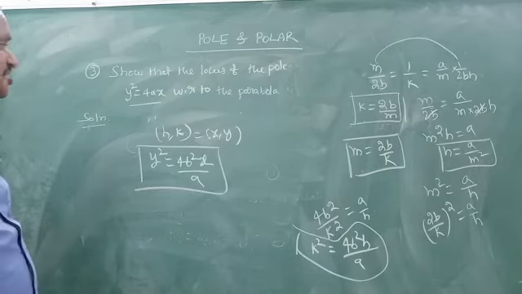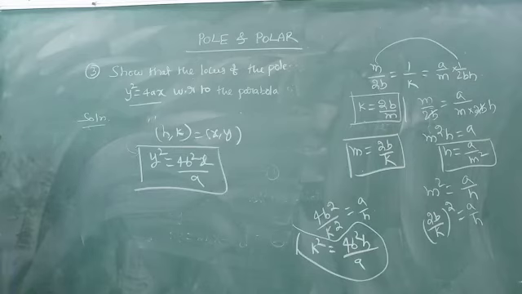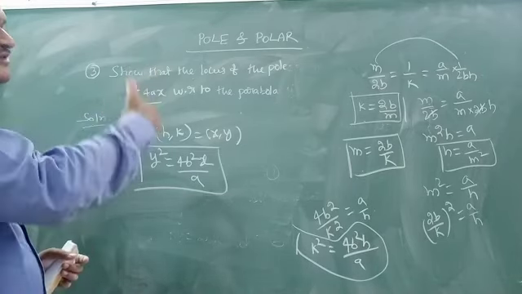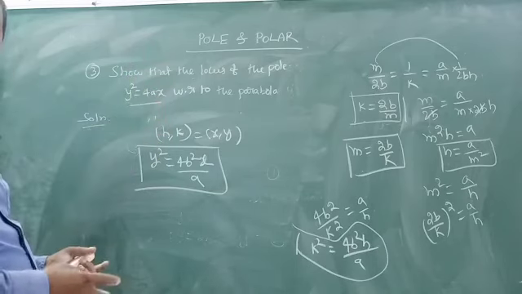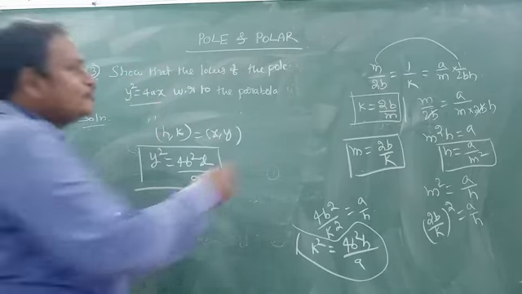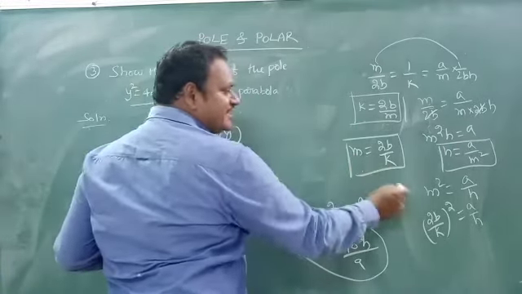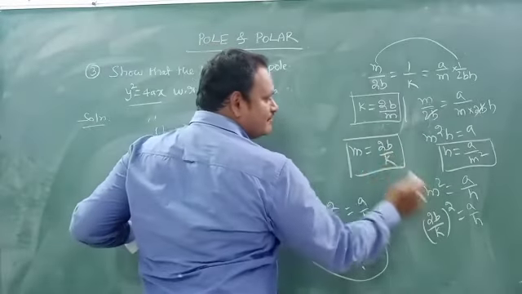In this way, my dear students, this problem is very clear. First we took the equation of the tangent, and h comma k as the pole with respect to the parabola. Now we have got two equations, both identical equations. We equated them. Identical means you know that a1 by a2 equals b1 by b2 equals c1 by c2. Now from that we got the k value and the h value, and from that we eliminated the m value. In the place of m we substituted this.